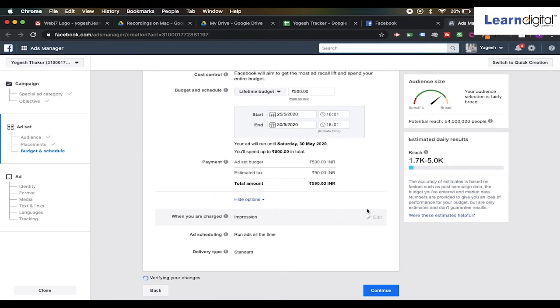You see, every time your advertisement is shown to a particular person, to any individual, it will be counted as an impression as well as a reach. So the difference between the two is that reach is when the advertisement is shown to different individuals, whereas impression is the number of times it will be shown to a person. So let us say, for example, the ad was shown to four people. It will be counted as four reach and four impressions.